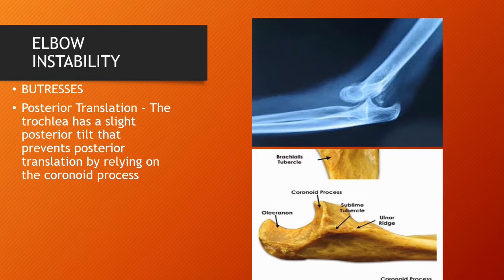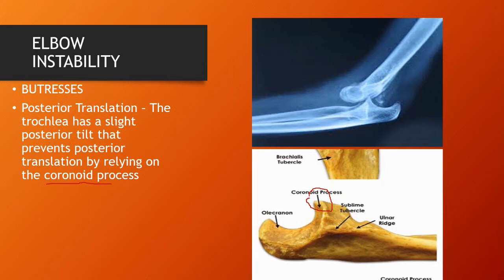Okay, now in addition, some other anatomic features of the elbow create bony buttresses or bony supports for the prevention of dislocation of any of the three elbow articulations. So first of all, there's a posterior buttress formed by the trochlea of the ulna and its overhanging anterior lip, which is the coronoid process. So the coronoid process here